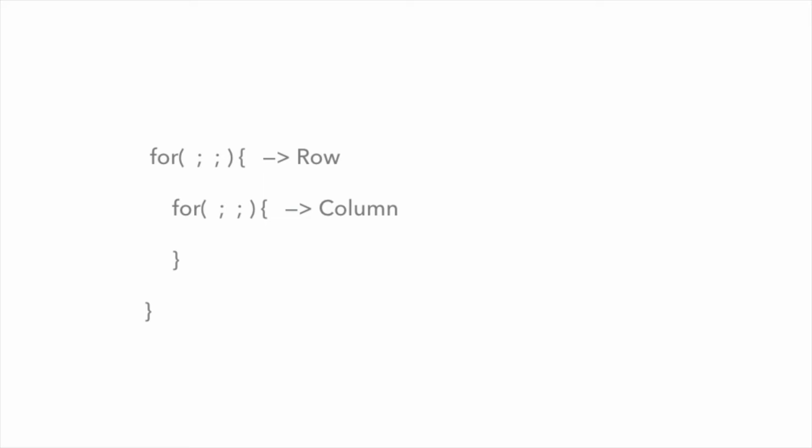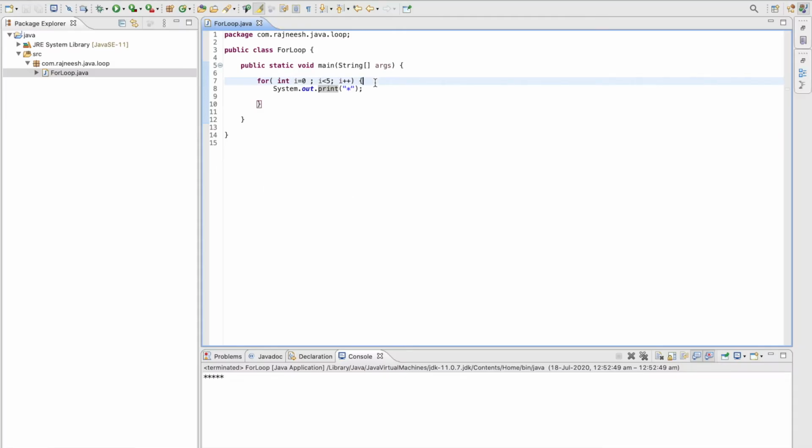So what is happening here, if you see, the first for loop will take care of the rows, I mean the number of rows you want to print, and the second for loop that I am writing right now will take care of the number of columns, I mean the value that you want to print in there. So if you want to print a star triangle, you can have 5 stars in there, starting from row number 1, 2, 3, 4, and 5, and the columns may increase or decrease as per the structure of the triangle.